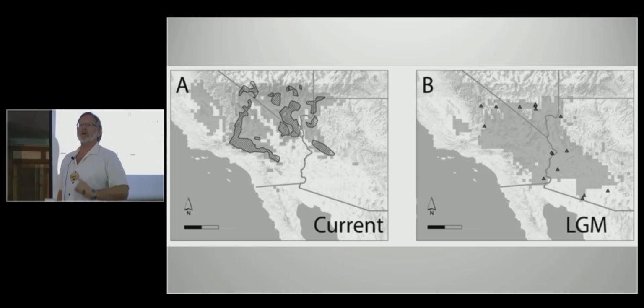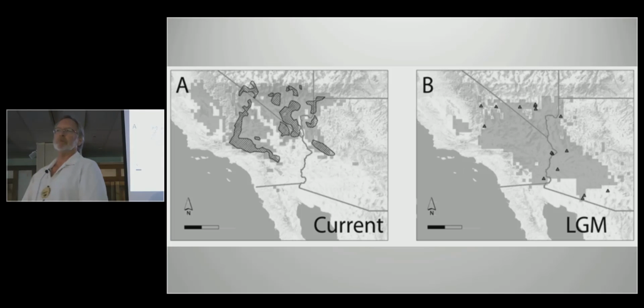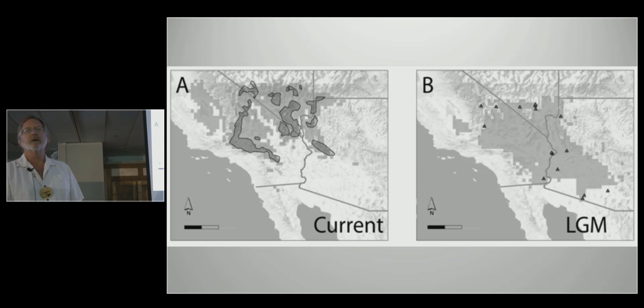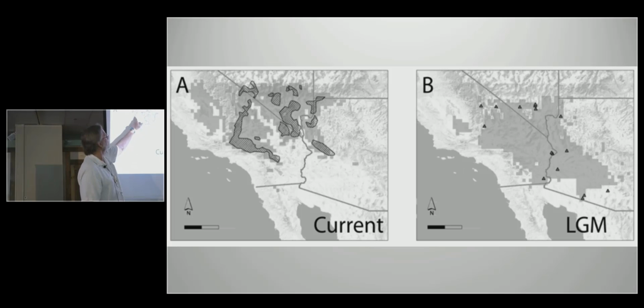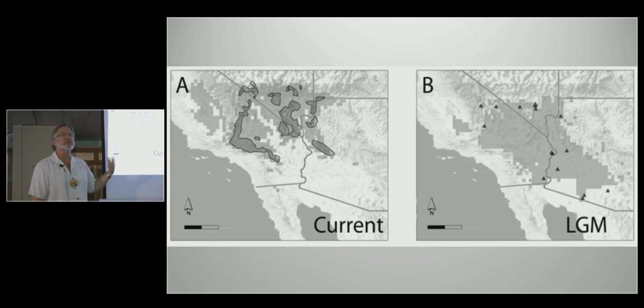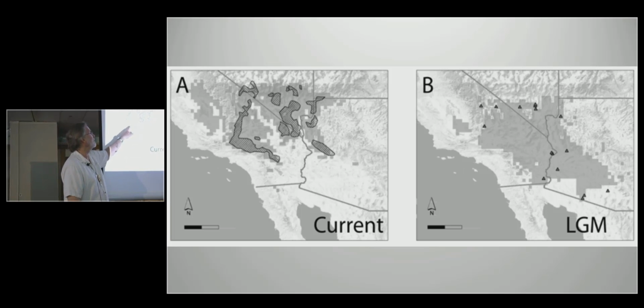So they stayed where they are today. They just expanded from those areas as the world got a lot colder. And so all of those triangles represent places up in here. And if they had perfect information in terms of the pack rat middens, they'd probably have found them throughout this range.